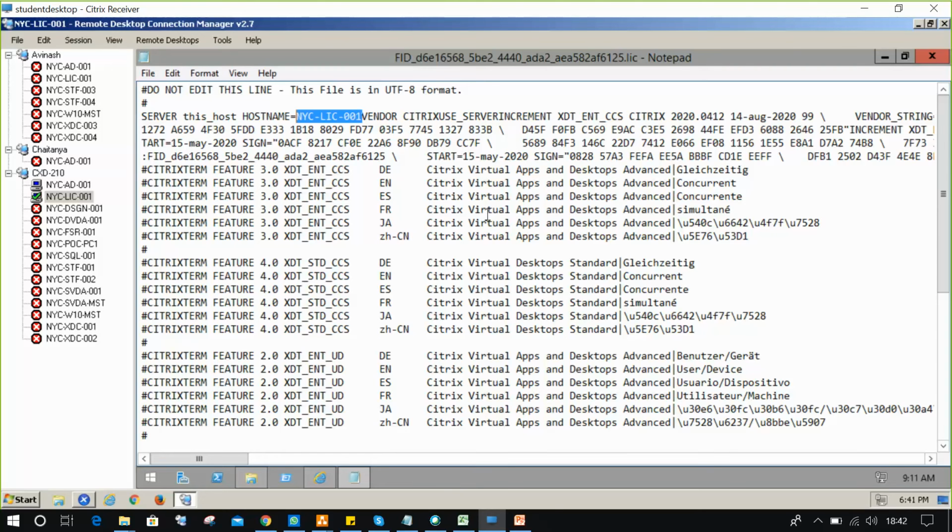So this is a way you can easily find out which license server the license file belongs to if you don't know. Any questions? No, no, no.